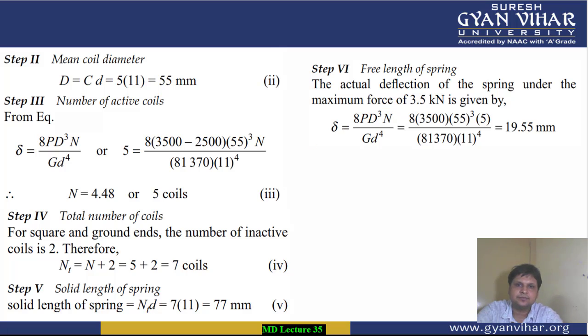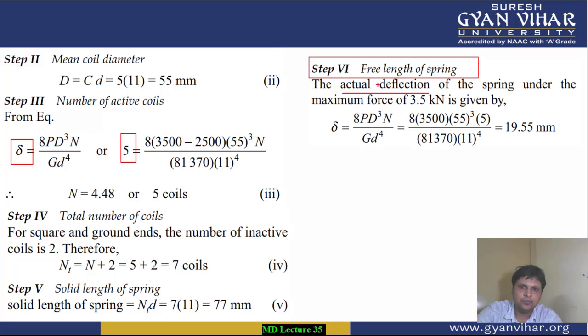Then after, students, our next step will be to calculate the free length of the coil. And how will we calculate the free length? See, I have already told you that free length can be calculated, but for that you will have to use the value of deflection, and again you will have to calculate the actual deflection. Though you have got the value of deflection in the numerical, that value, which is 5, you will not take here in the calculation of free length. For this, you will have to take the actual value.